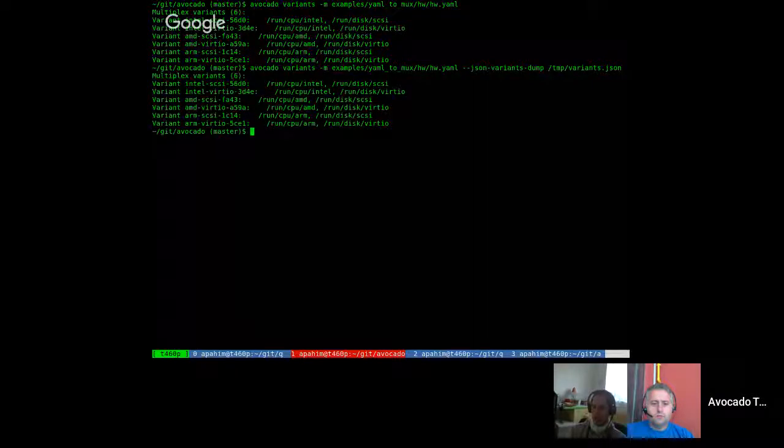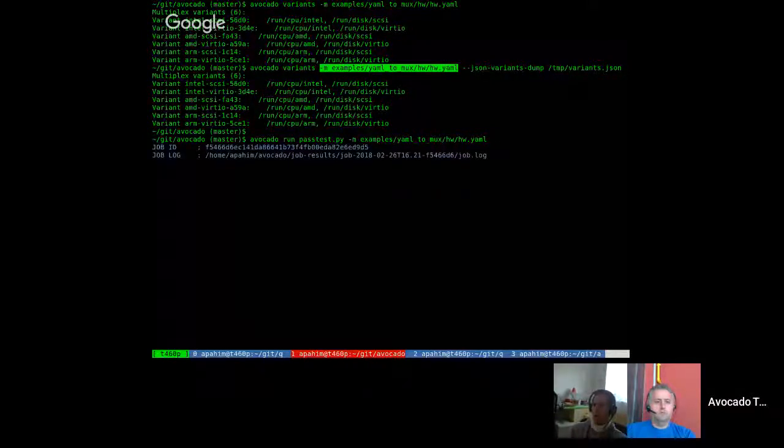So what will happen here is that we will compute the variants, create all the combinations, and export those variants to this JSON serialized file. And with that in place, you can use just this file to execute your job without having to compute the combinations all over again. So to run your job, avocado run, let's say passtest.py, and instead of -m and the YAML file, which would compute everything over again,